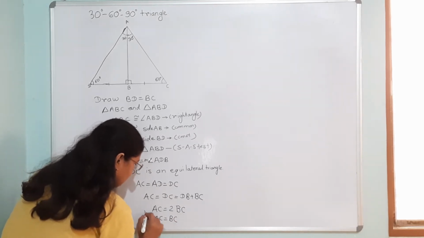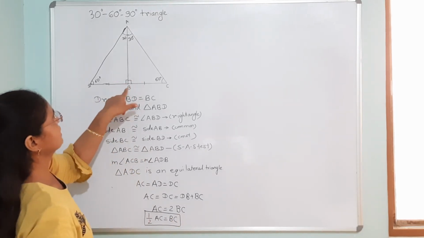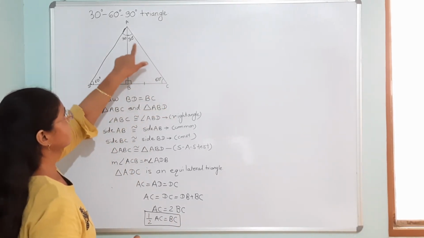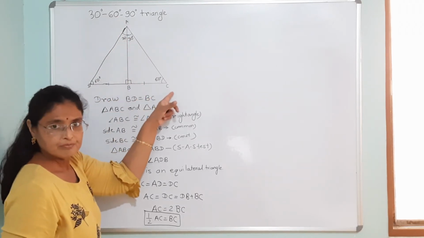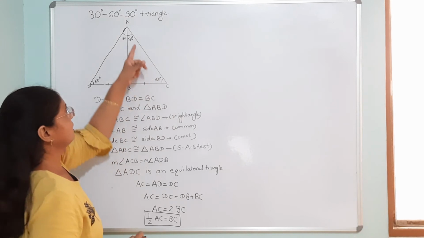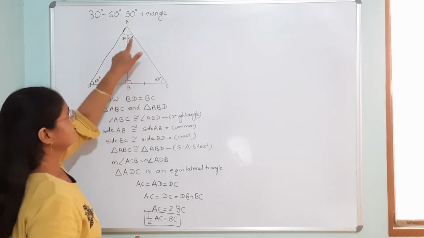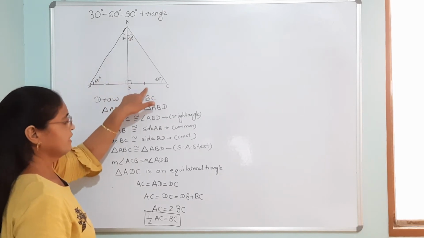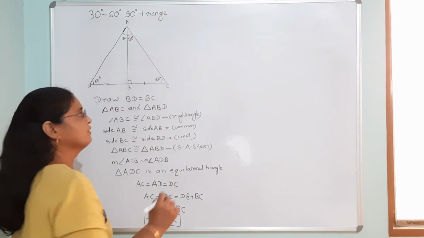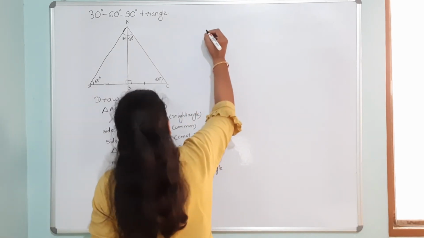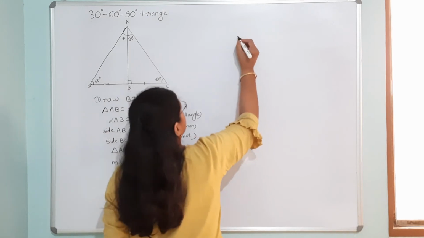And BC is the side which is opposite to angle 30 in triangle ABC. That means in a 30, 60, 90 degree triangle, the side which is opposite to 30 degrees is half of the hypotenuse. Now, according to Pythagoras theorem, in triangle ABC, we can write